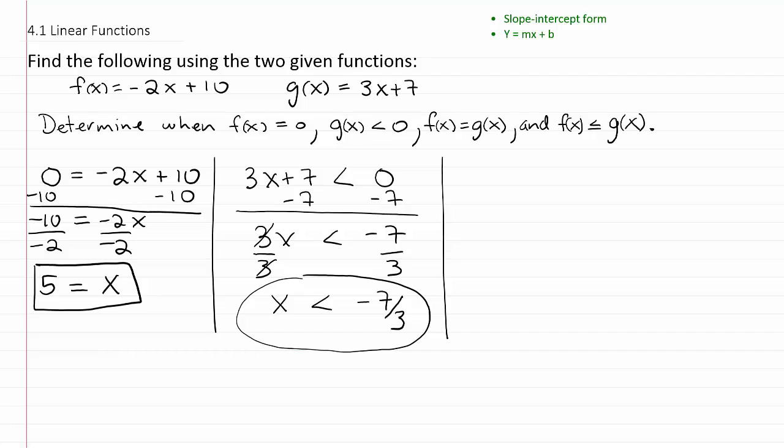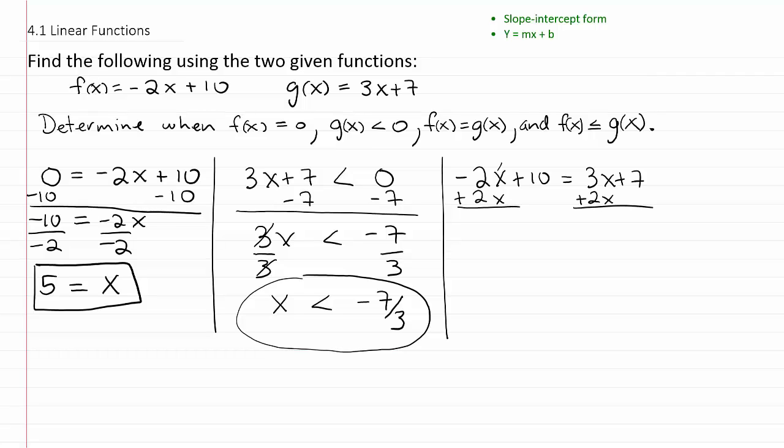All right, for the third one, it says when is f of x equal to g of x? Well, we can show this analytically and graphically. Let's do it analytically first, though. So negative 2x plus 10 is equal to 3x plus 7, right? So we just set the two equations equal to one another, and we solve. So for example, we could add 2x to both sides here,